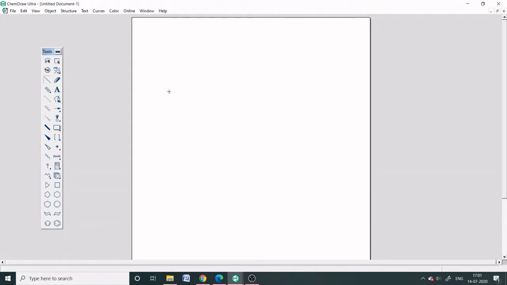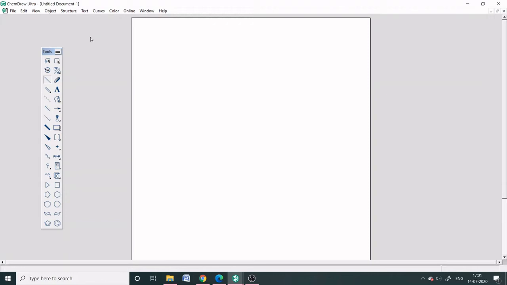We have many kinds of bonds here: single bond, double bond, triple bond, dash bond, hollow bond, wedge bond. Whatever we need, first we have to select that particular bond by clicking it. Now I have taken this single bond tool.